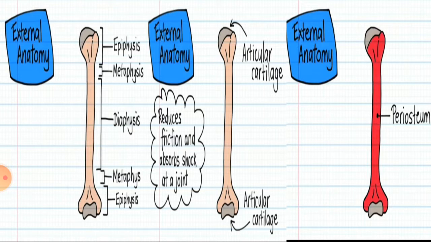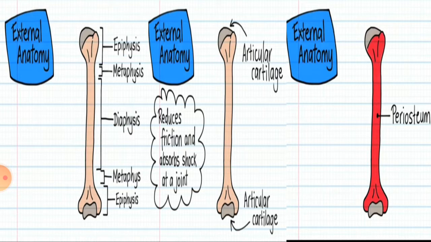The next is periosteum, and peri means surrounding. So periosteum will be the layer that is going to surround outer surface of the long bone. You can see in this image that it is approximately covering the entire bone except the articular surfaces. And this is an important point to remember, that the periosteum won't cover those parts of the long bone that are going to take part in the formation of the joints. And the function of the articular cartilage is to reduce the friction, and they act as shock absorber.